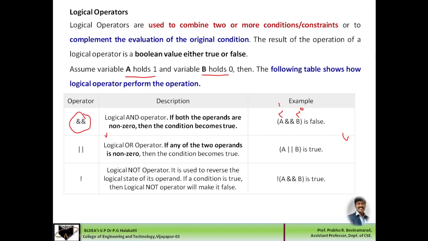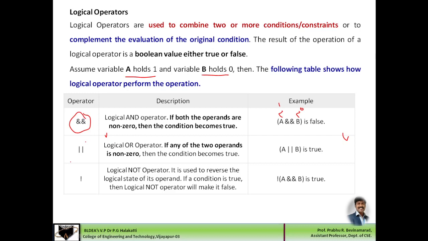So the logical OR operator, in this case, if any one of the operands has value 1, then it will be true, either A or B. That is the meaning here. So if A is having 1, then the entire result will be true.